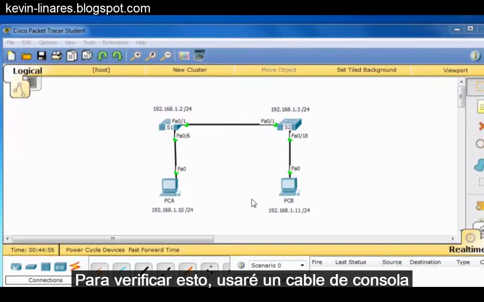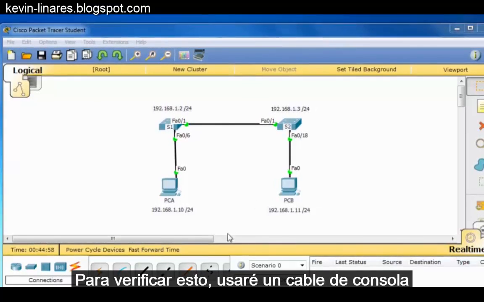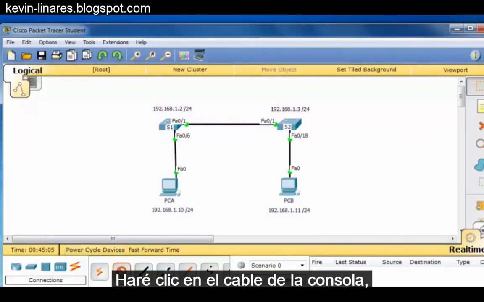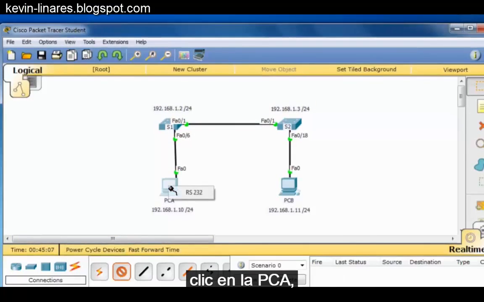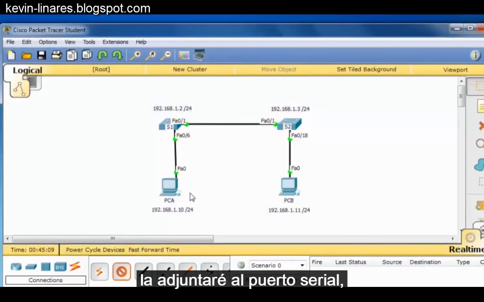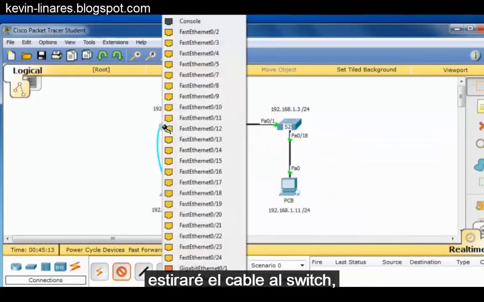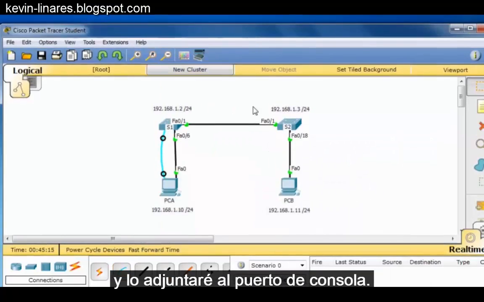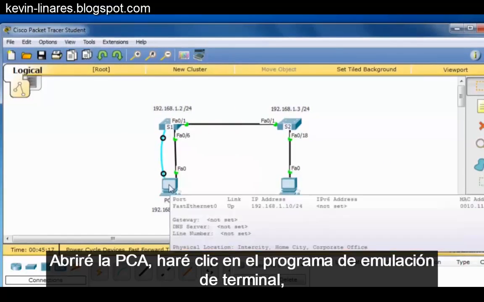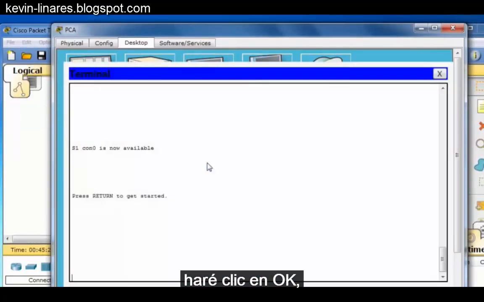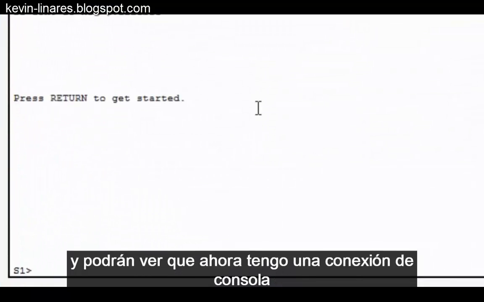To verify this, I'll use a console cable and I'll console in from PCA to switch S1 to begin with. I'll click on the console cable, click on PCA, attach it to the serial port, stretch the cable over to the switch, and attach it to the console port. I'll open PCA, click on the terminal emulation program, click OK, and you can see I now have a console